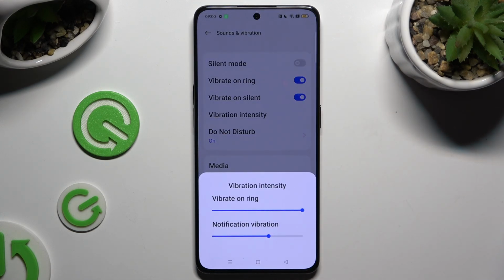Following that, you can operate those two sliders under Vibrate on ring and Notification Vibration to adjust the intensity of haptic feedback for those two options. When you've finished, click on the gray area of the screen,